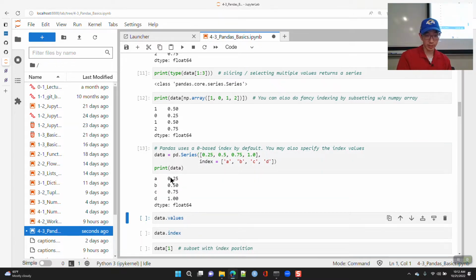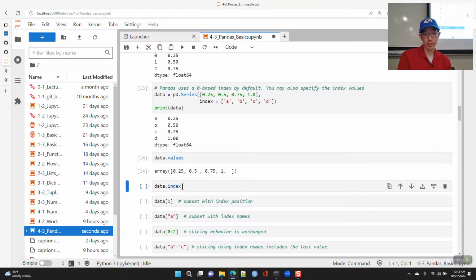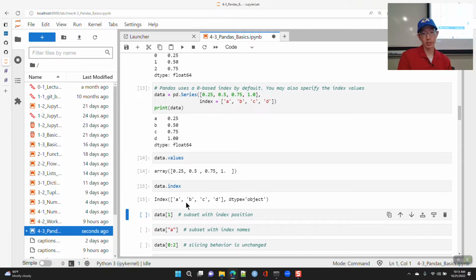So we have a NumPy array, 0.25, 0.5, 0.75, 1.0. Along with it is the index, okay? So the values is this array, and the index is basically like an array, but we gave it an index, it's type index, okay? And it has the values A, B, C, D, okay?